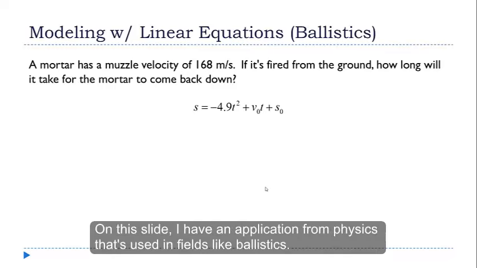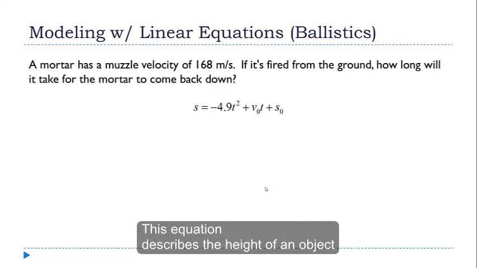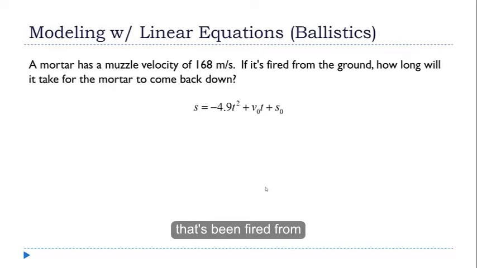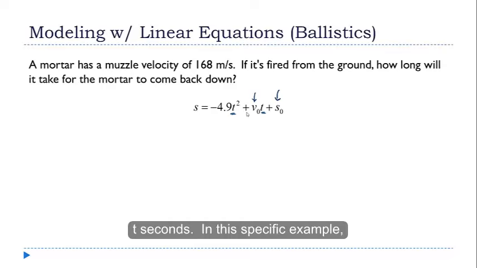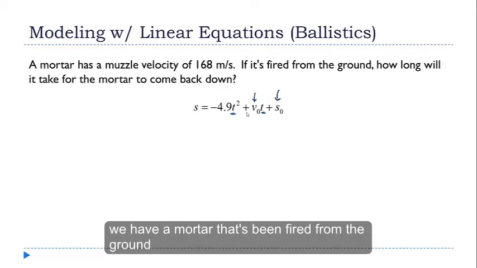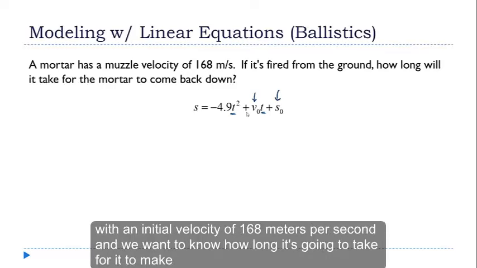So on this slide, I have an application from physics that's used in fields like ballistics. This equation describes the height of an object that's been fired from an initial height with an initial velocity after it's been in the air for t seconds. Now, in this specific example, we have a mortar that's been fired from the ground with an initial velocity of 168 meters per second,